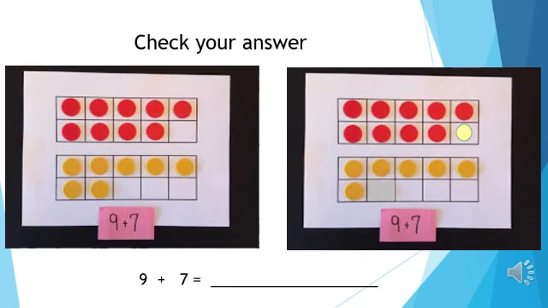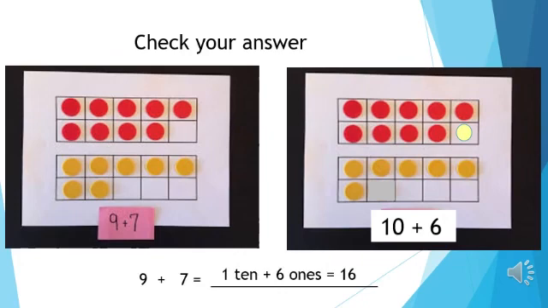So what we can see, 10 and 6 ones. We have got 10 and 6 ones. 10 plus 6. 10 is there and 6 ones are there. So that gives us 16 as the answer. 10 plus 6 ones is equal to 16 as the answer. Okay, have you got your answers right? Yes? Very good.